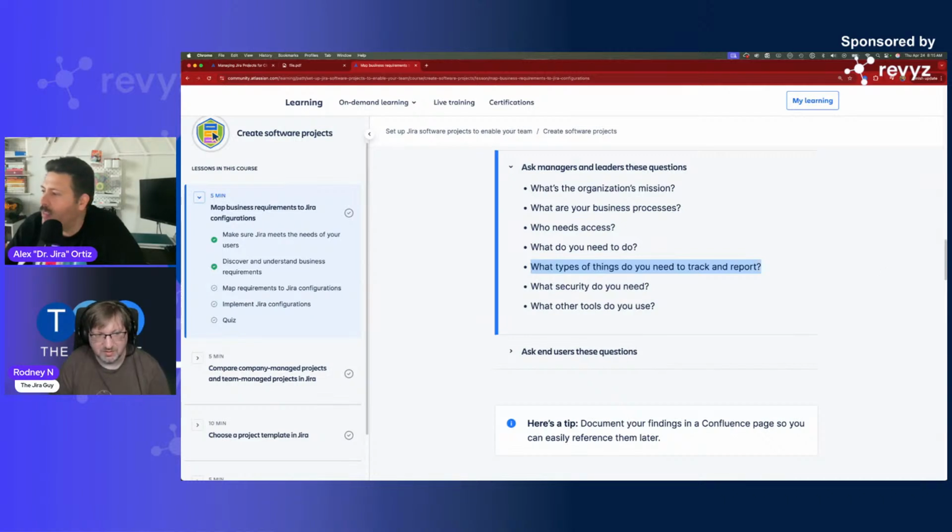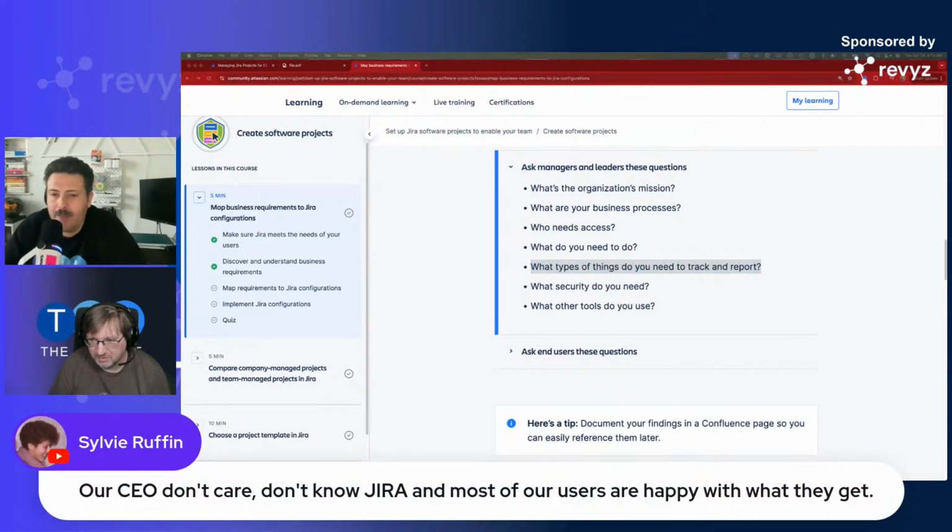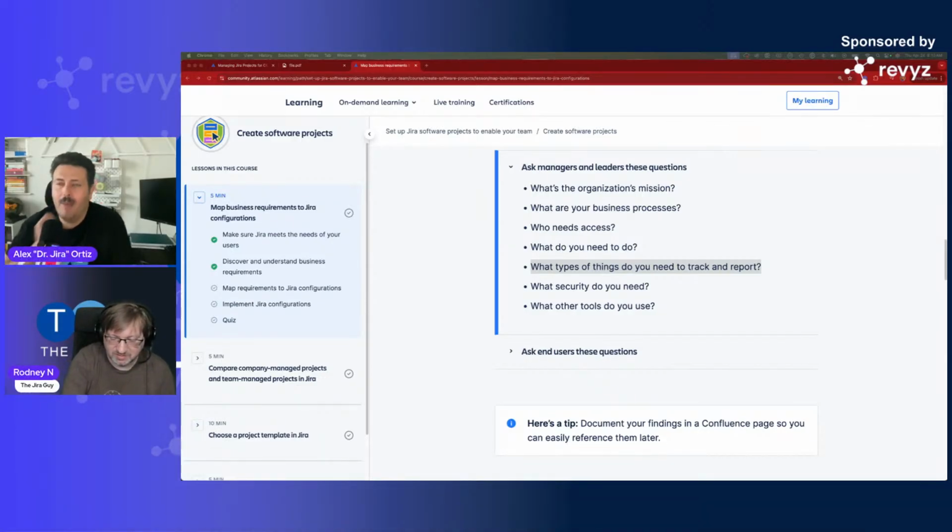But going back to Sylvie's comment up here, like our CEO doesn't care, this is usually where I find the most amount of resistance, because I don't know about you, Rodney, but I'm often caught in this situation where we're designing Jira, right? We're designing workflows. We're trying to figure out the issue types, cough, work types. We're trying to figure out the required fields, the custom fields, and then every executive is like, I just want